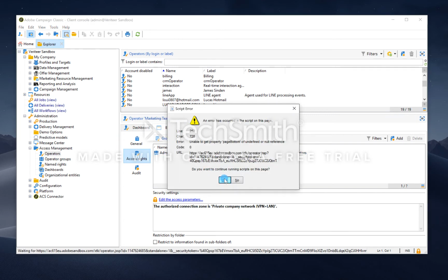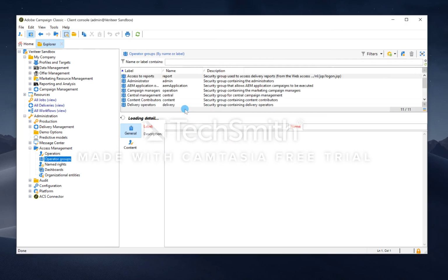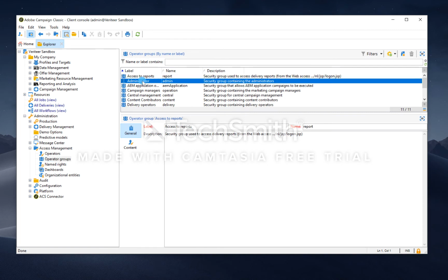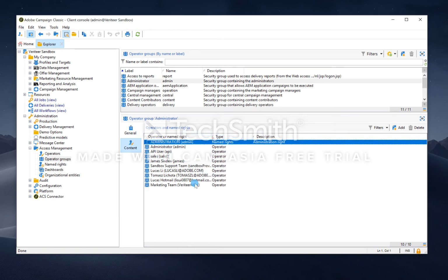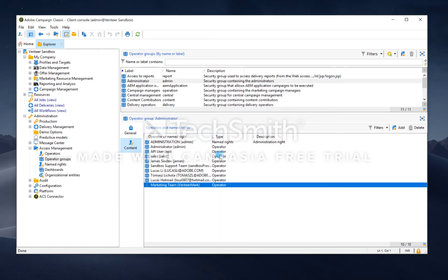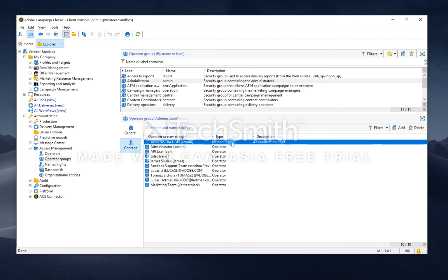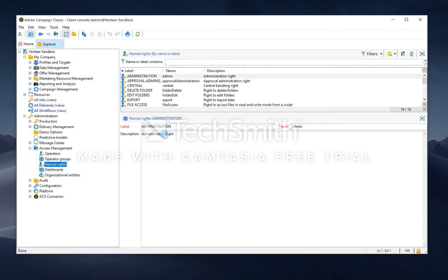Let's go back and have a look at what that operator group consists of. If we click on administrator and go into content, you can see I've been added to this group, but also something called named rights. Named rights, for me, and not just for me but from Adobe, are things that operate above the operator group. So if I close this and go into named rights, you can see